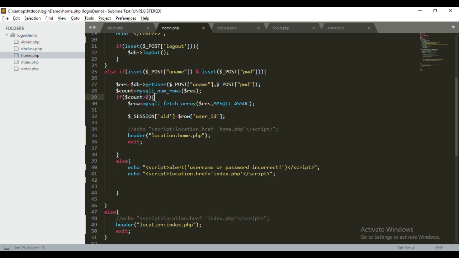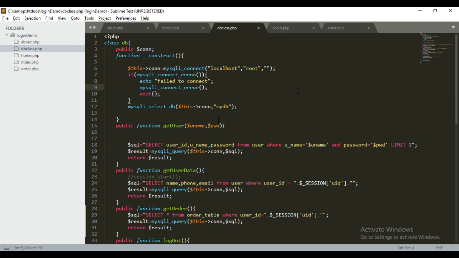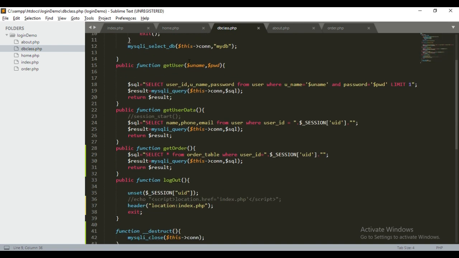For that, we are calling the get user function of the DB class, and inside that we are passing our username and password. Now what will it do here? In the DB class I created the function get user, and the parameters are username and password. The values of username and password are received here.